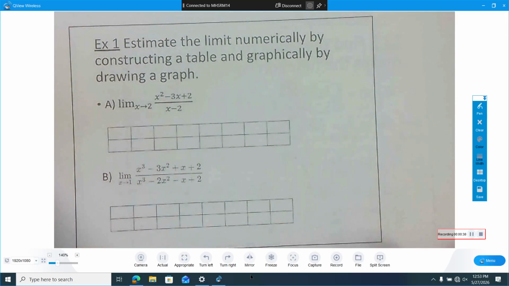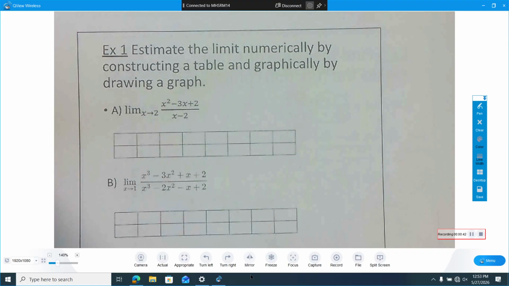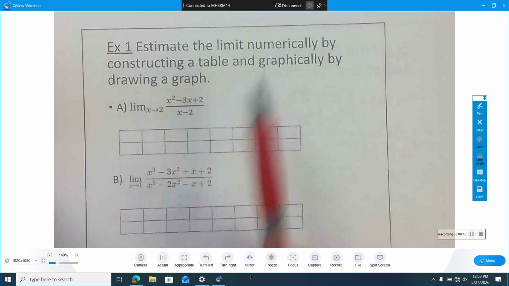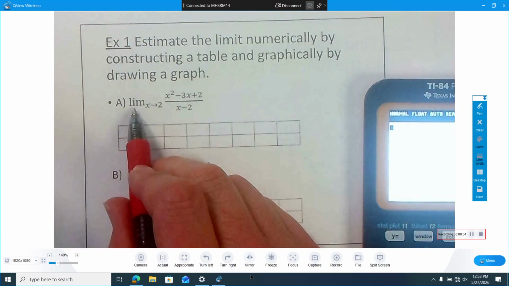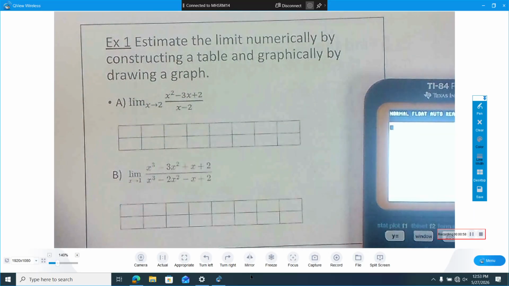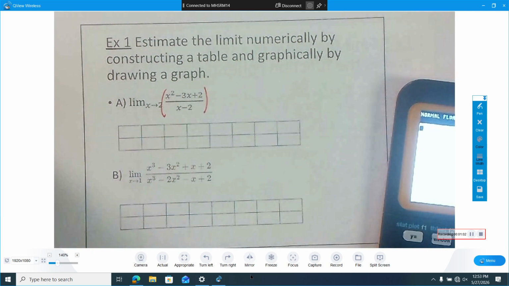But one way that we can figure out a limit is maybe by estimating it numerically. And so this example is estimate the limit numerically by constructing a table. Maybe we want to draw a graph too. But here we have our function, and we want to know what happens as x approaches 2. And we have this function right here, which when you look at that equation,